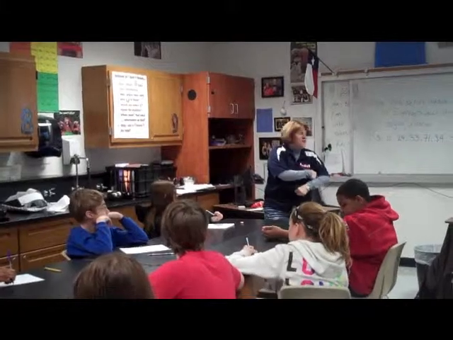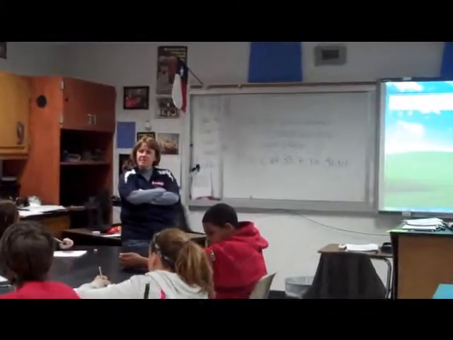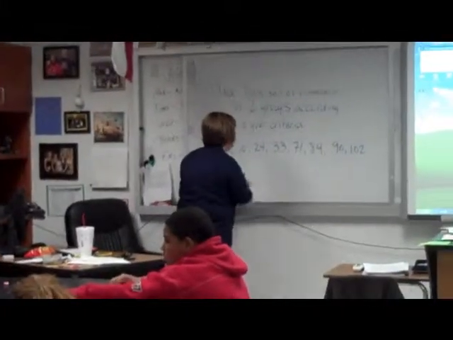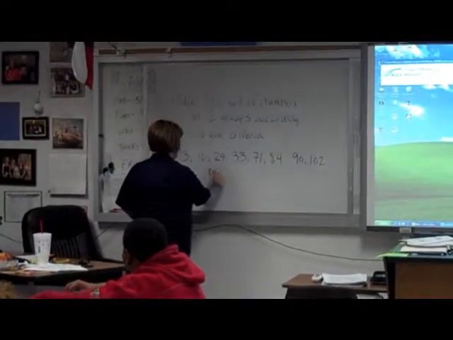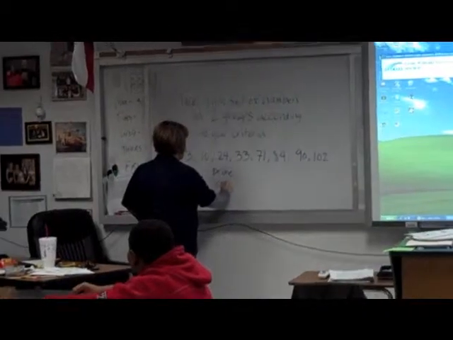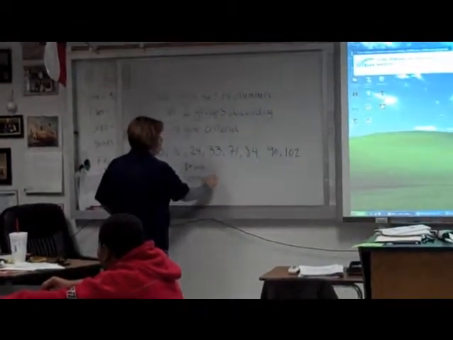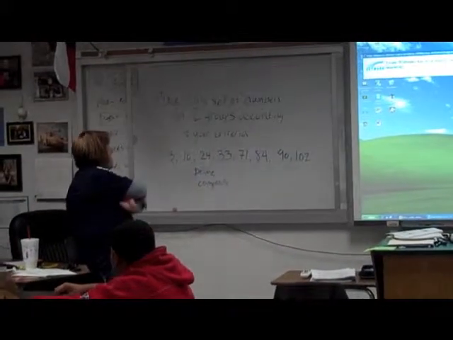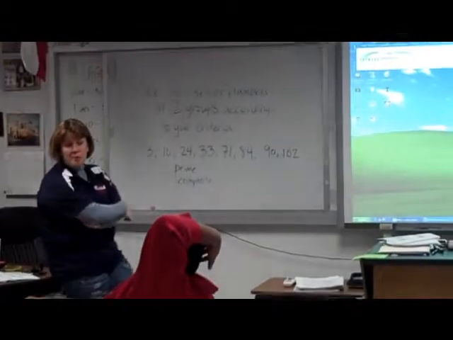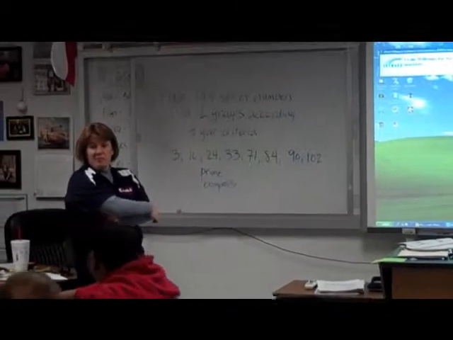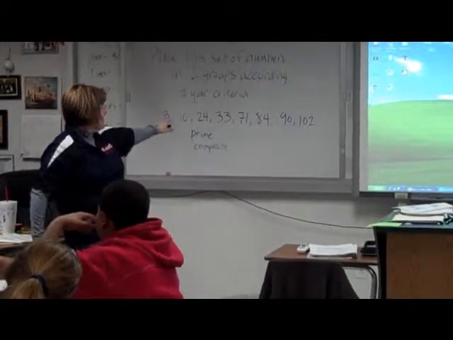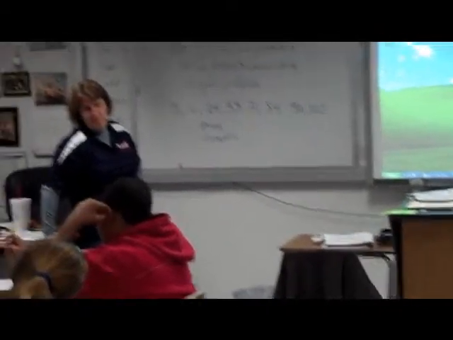If you wanted to group those numbers, will you tell me what your rule was? Mine is prime and composite. He had prime and composite. Okay, you forgot what prime is. Prime means only 1 and that number go into itself. So what numbers up there would be prime, Chris? 71 and 3. 71 and 3 would be your 2 prime numbers. And the other ugly numbers would be composite, because something will go into every number up there except for 3 and 71.